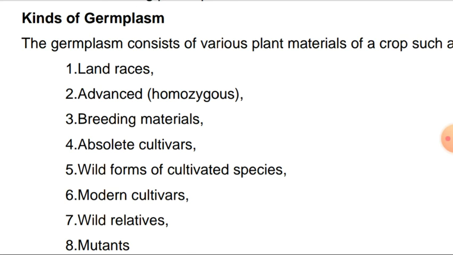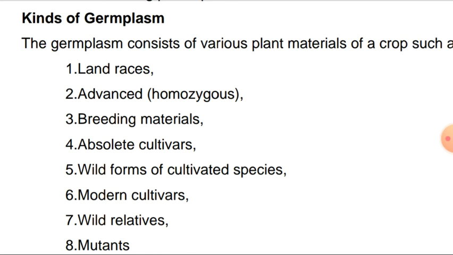So in the crossing program, it will be crossed with the cultivated species, and because of their extinction, that is, the loss of the wild forms of the cultivated species, it will be necessary to maintain that particular species, which is used in the crossing program.